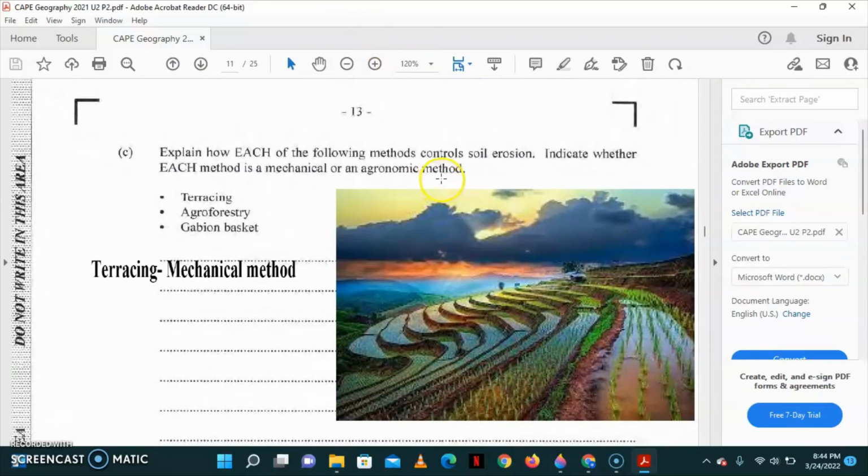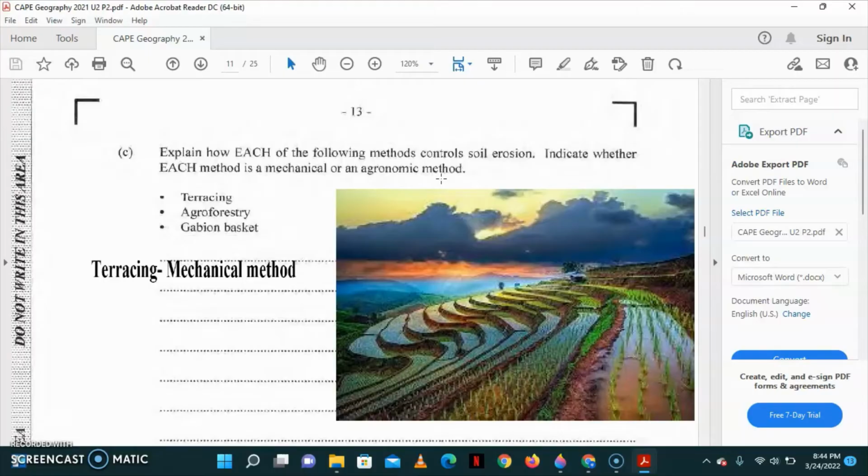All right, so Part C to the question asks that we explain how each of the following methods controls soil erosion, and we're to indicate whether each method is a mechanical or an agronomic method. Now, the first one is terracing. The picture that you're seeing to your right is showing you what terracing is, and it's a mechanical